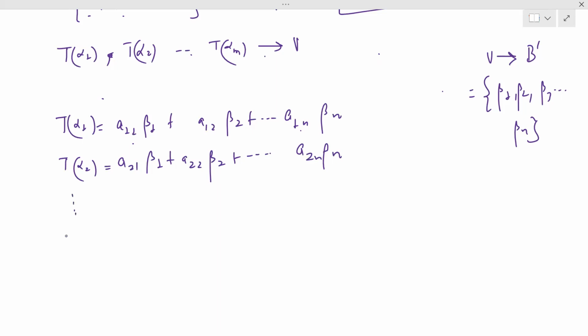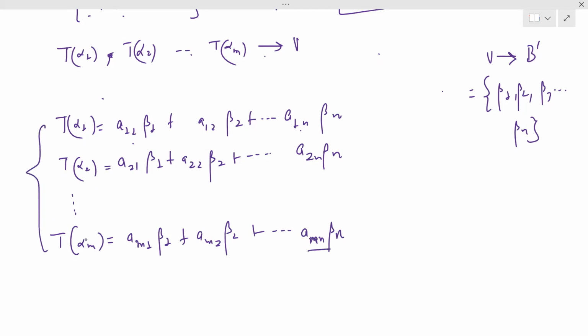And similarly, at the end, I will have T alpha m. I can write it as Am1 beta 1, and so on. This is how I can relate T alpha 1, T alpha 2, T alpha m with the basis of